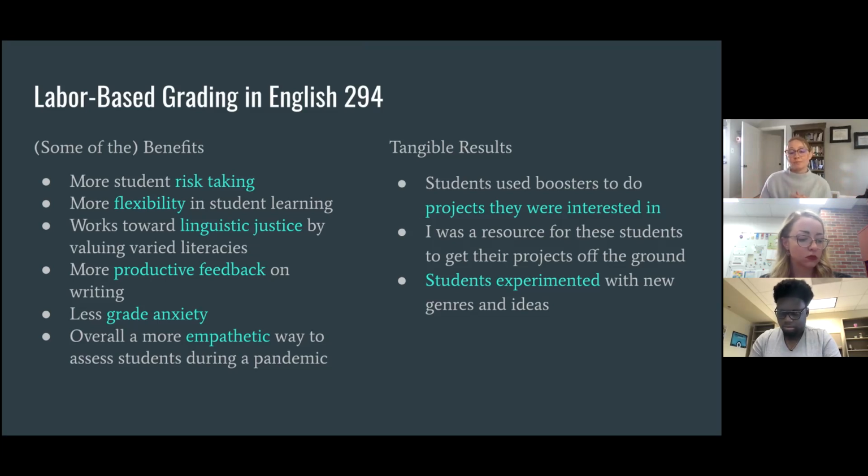publishing this blog. Another pro of this assessment method is that students experimented with new genres and ideas. For example, a student wanted to write her rhetorical analysis in a narrative style, and while it didn't fit the prompt perfectly, the student wanted to learn this for her own intellectual growth, and she had the ability to, and she had my support as the instructor to help her improve in that specific genre of writing.